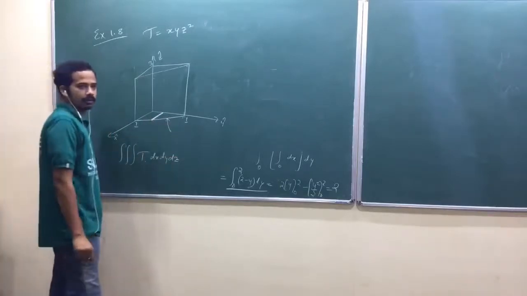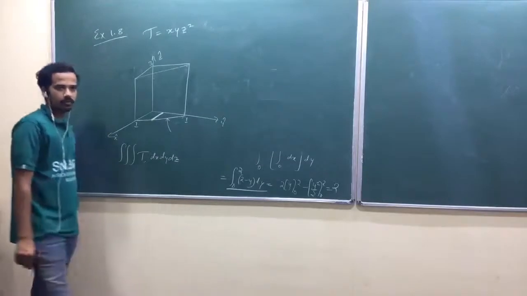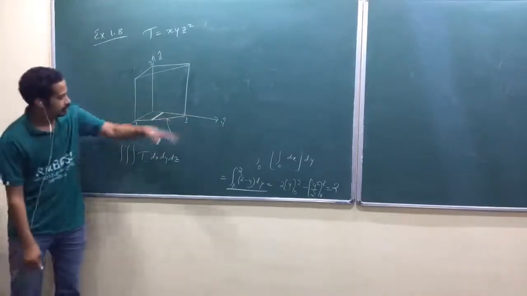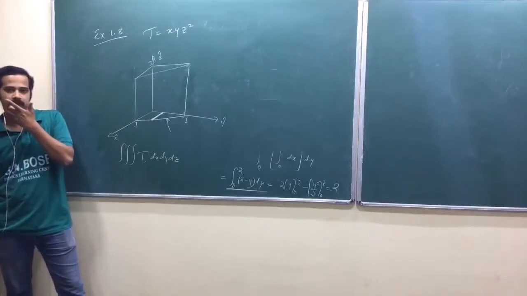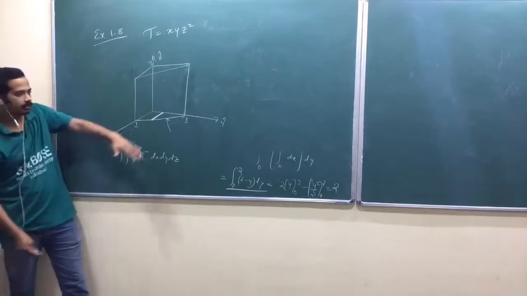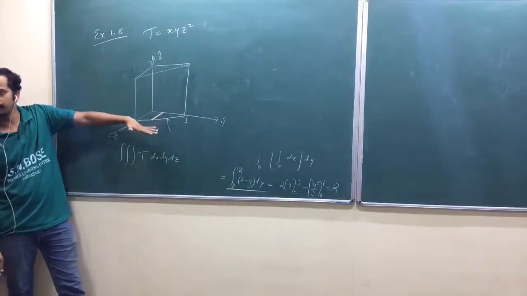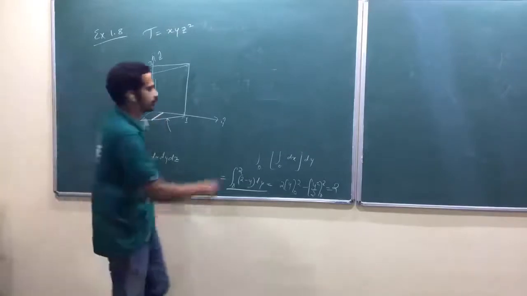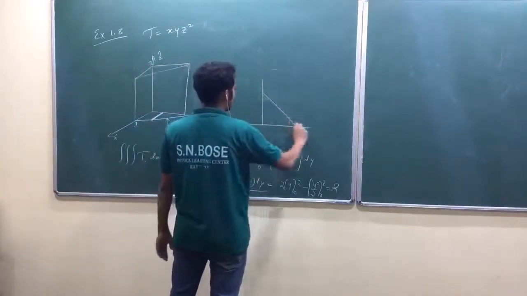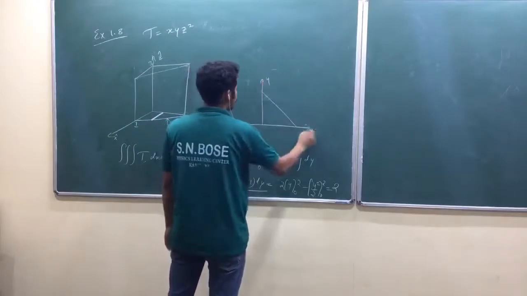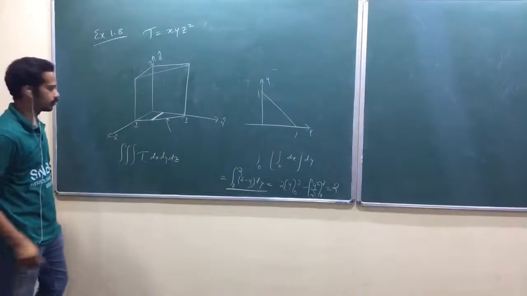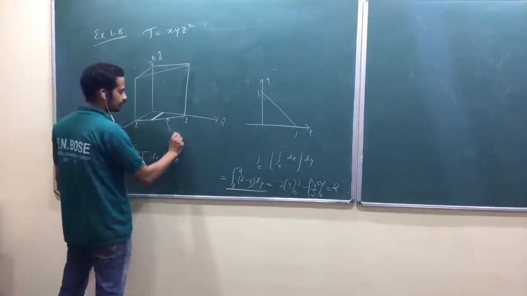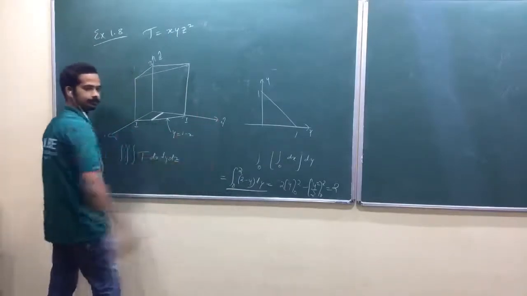Y equal to 1 minus x. Y intercept, y is equal to mx plus c. C equal to 1, slope equal to minus 1. Can you just imagine? This is the xy plane, isn't it? If you draw it like this, that will become like this. Y here, x here, 1 here, 1 here, isn't it? Slope equal to minus 1. That's why this is y is equal to 1 minus x.